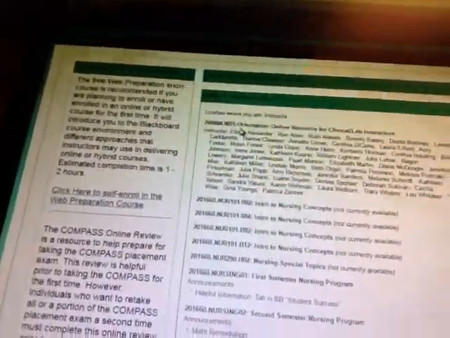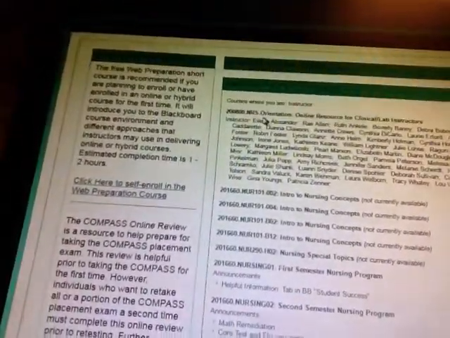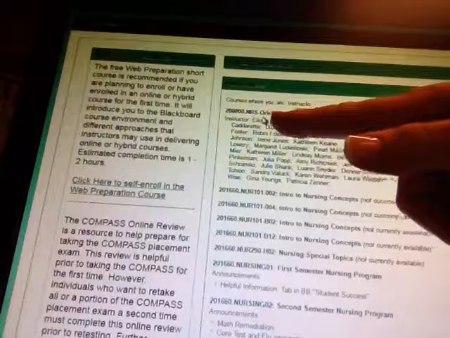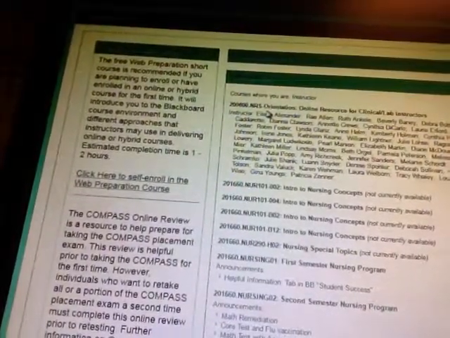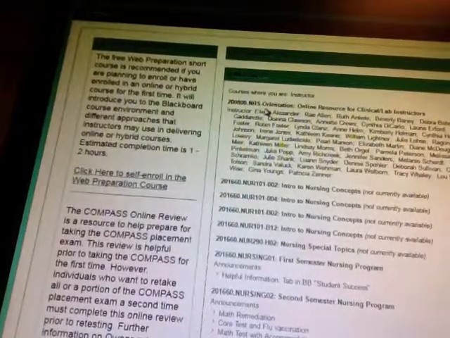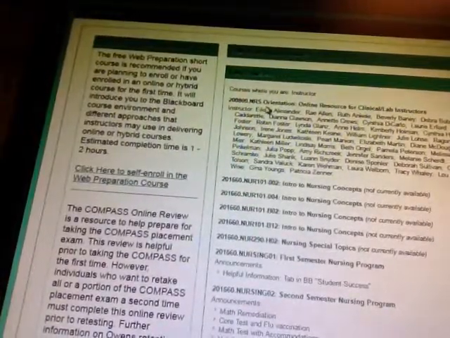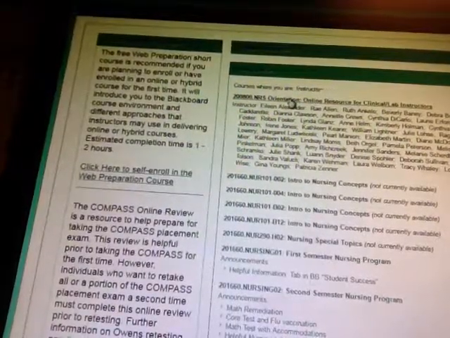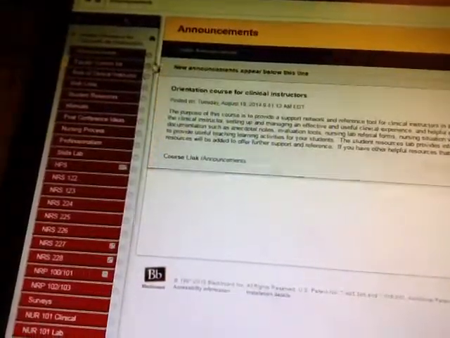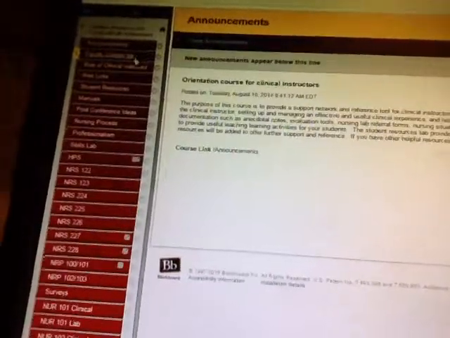Okay, so now we're at our Blackboard shell on our Owens website, and you will see this orientation online resources for clinical lab instructors. This is the online piece that all instructors are enrolled in, and when I click on that, if we go down to the left hand side here,